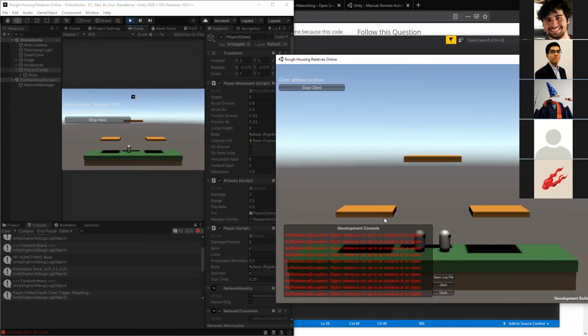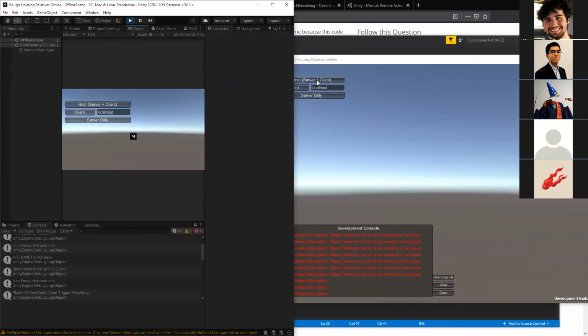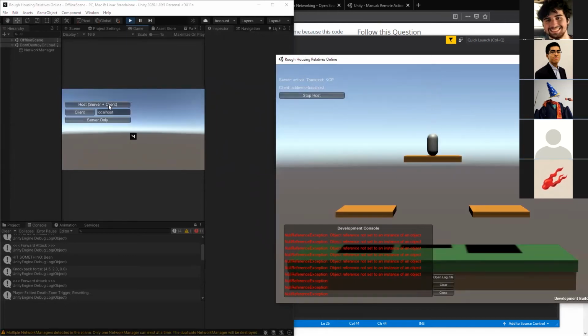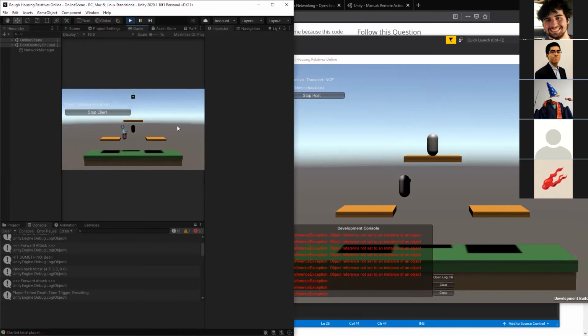All I've been doing is opening up the .exe and doing the server or host and client. On the exe. Yeah. Did you delete the player object in the online scene? I did not. It might be conflicting with the one that's already there.